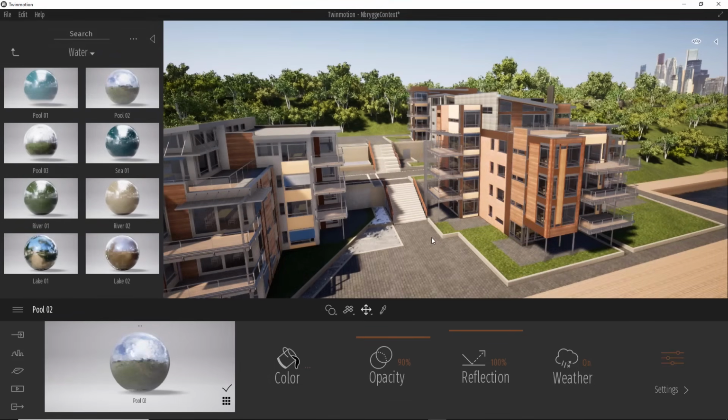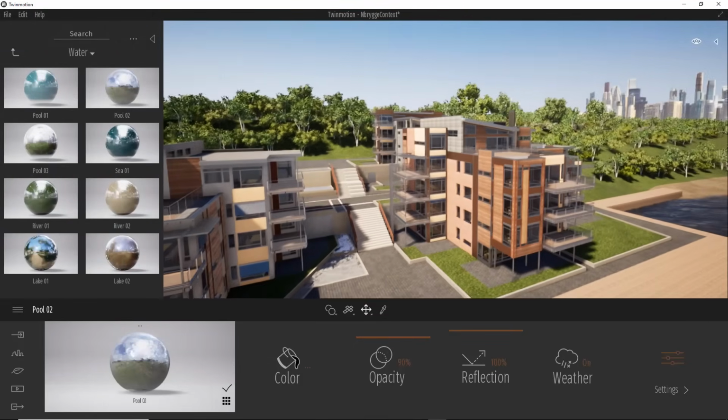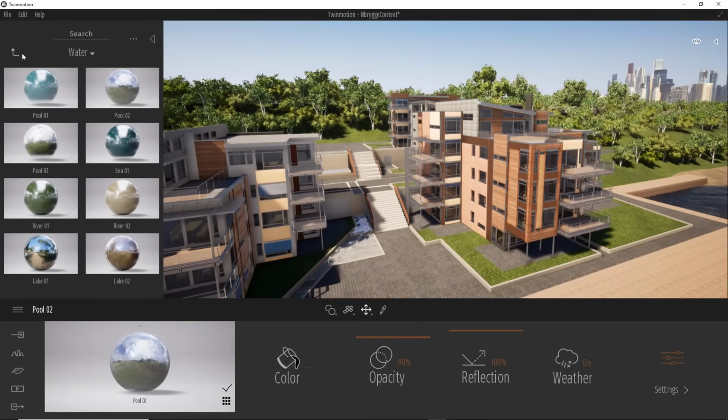We're going to come back to that a bit later, but it's worth noting that at any time I can adjust the overall lighting scenario very quickly in here, and be able to shade this maybe in a different context, maybe a nighttime scenario, or something in the autumn, or something in a rainy scenario, whatever it may be, that I want to make sure I dial in those materials to that scenario. For now, I'm going to leave this as is, because we'll dial in some weather and different lighting settings here